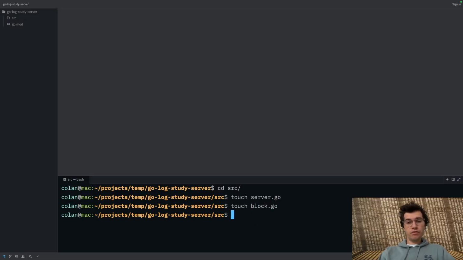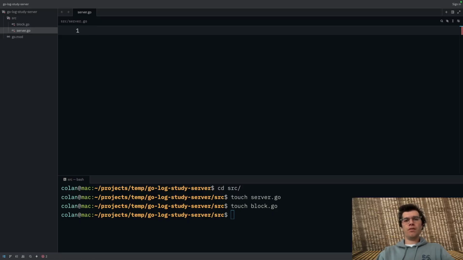I do want to be fully transparent here. I am no Go expert by any means. If anything, I'm a Go newbie. But it was a very convenient language to use for this problem, so I just want to show off what it's like to use. And I am sure there are other people who have used Go before who will see what I'm doing and say, Colin, you have no idea what you're doing. Here's how you can improve it.